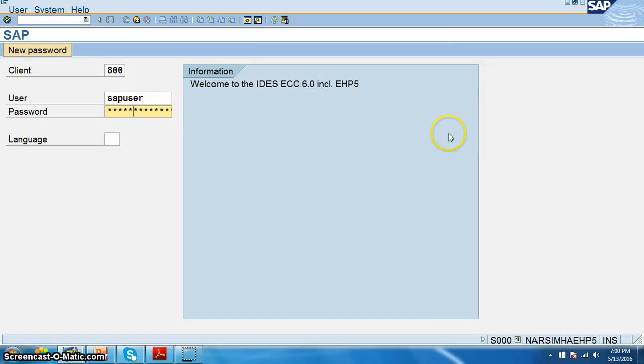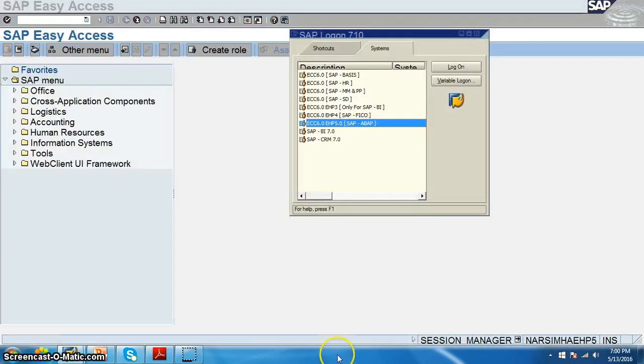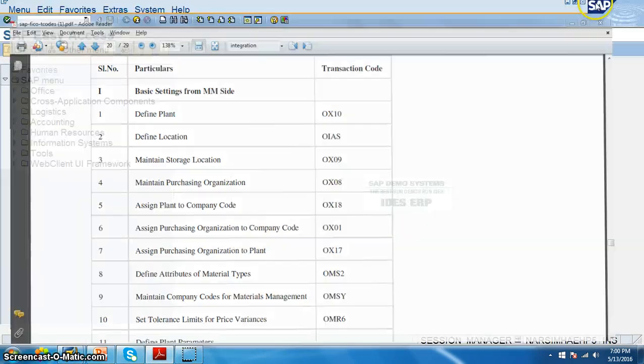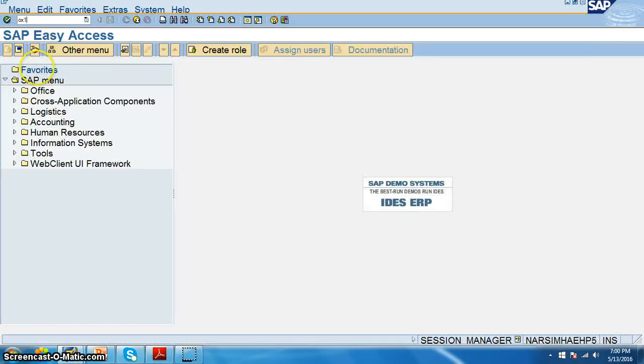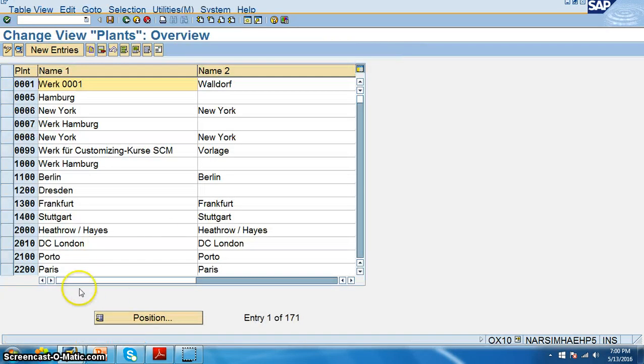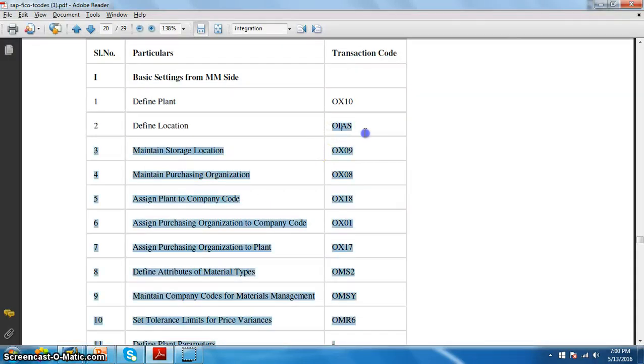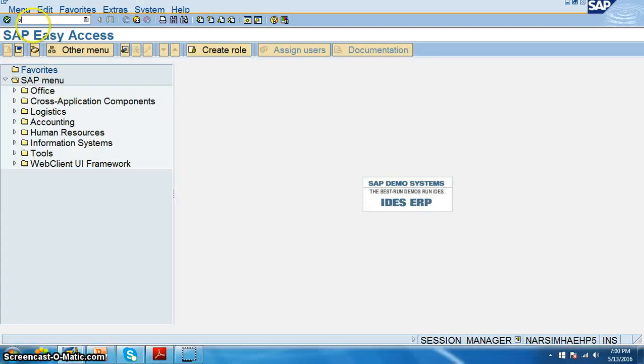So I'm logging in, and let's quickly see all the configurations. OX10, the plant has to be there. In OX10 we are making use of VPRO, so let's check the plant VPRO. We have the VPRO plant, and then we have OLAS, that's define location.